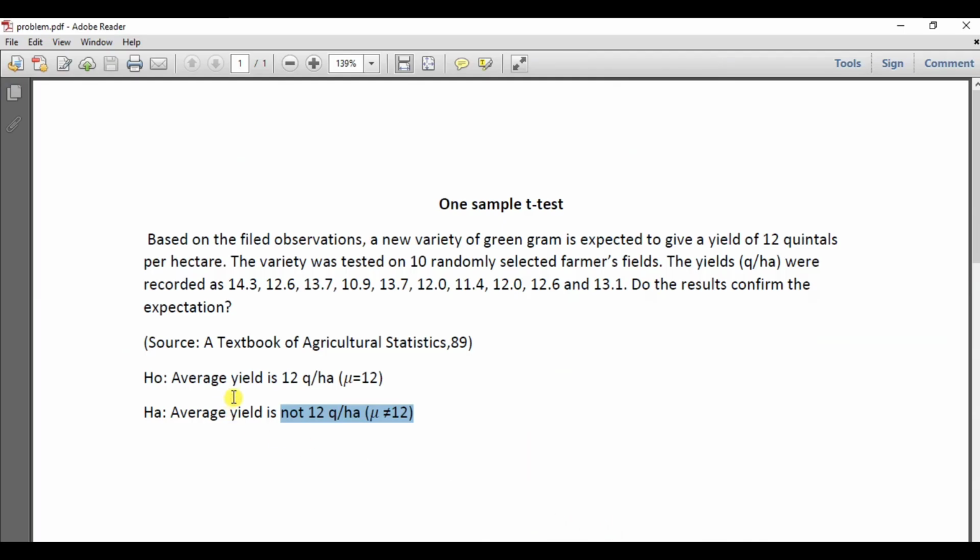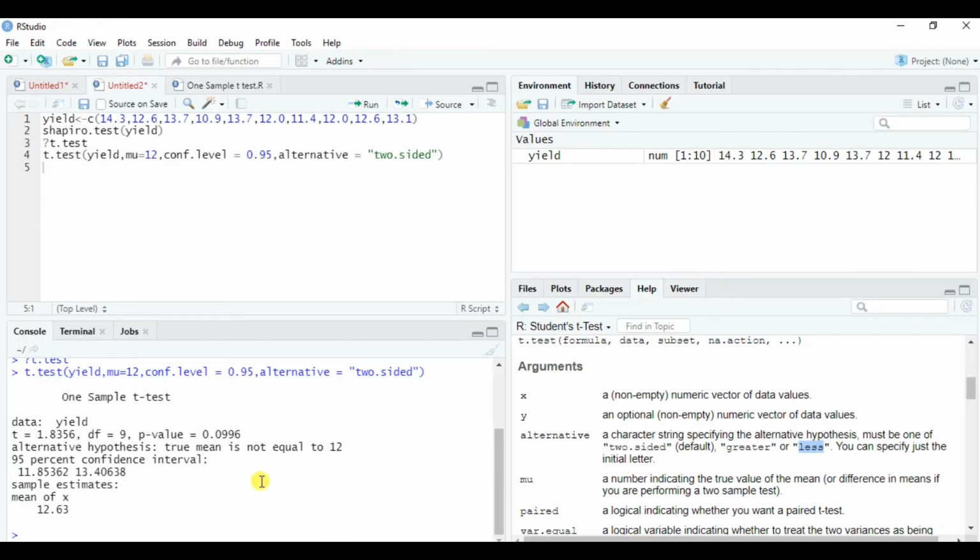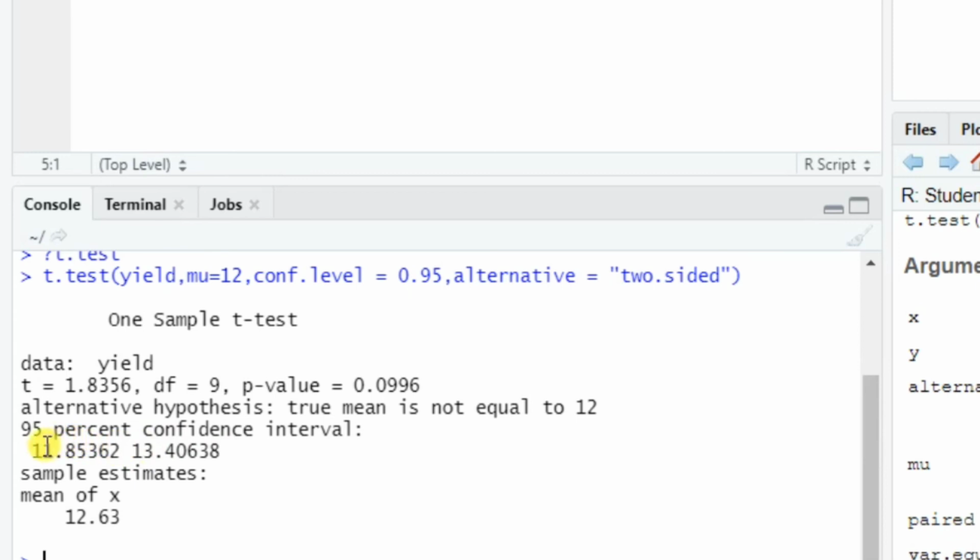The null hypothesis was the average yield is 12 quintals per hectare, so we will accept that. This is the 95% confidence interval, with lower and upper limits, and the sample mean is 12.63 quintals per hectare. So the average of all the 10 observations is 12.63.